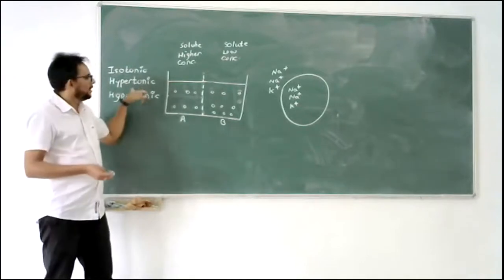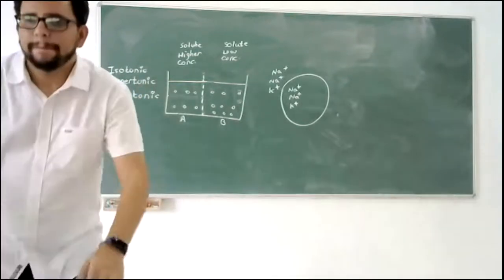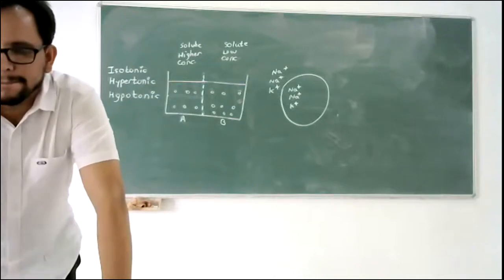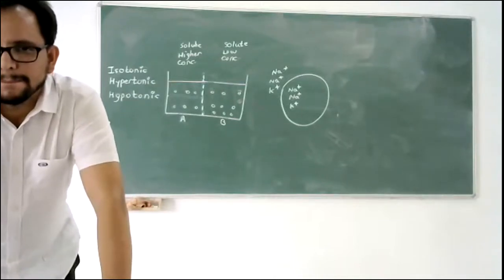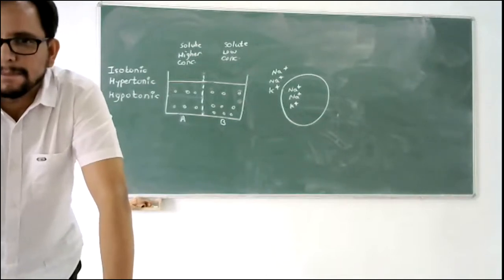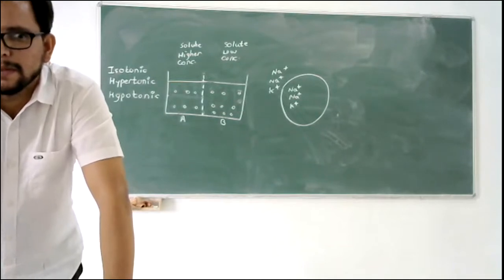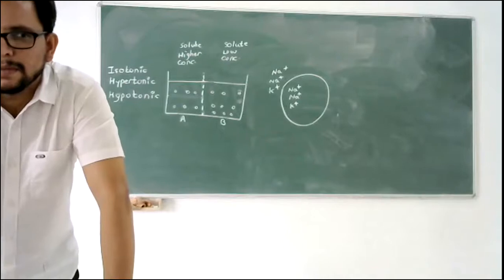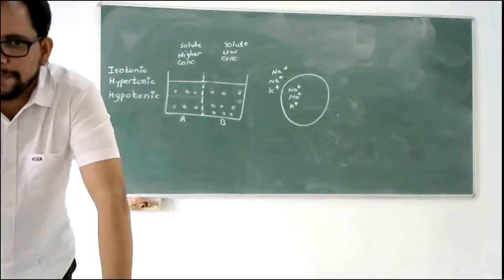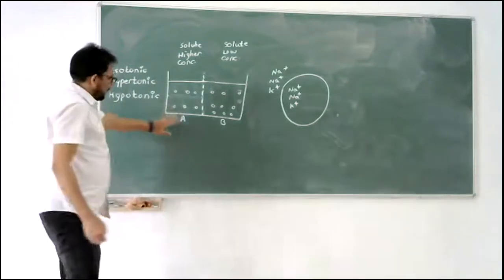Sir, sorry, I have a question. Yes. So, let's say you have A and B. So, B is hypertonic with regards to A, and therefore A is hypotonic with regards to B. Correct. So anytime osmosis needs to happen, the solutions need to be hypertonic or hypotonic, right? Right. Yeah, that's all. Okay. Now, I hope this part is clear.